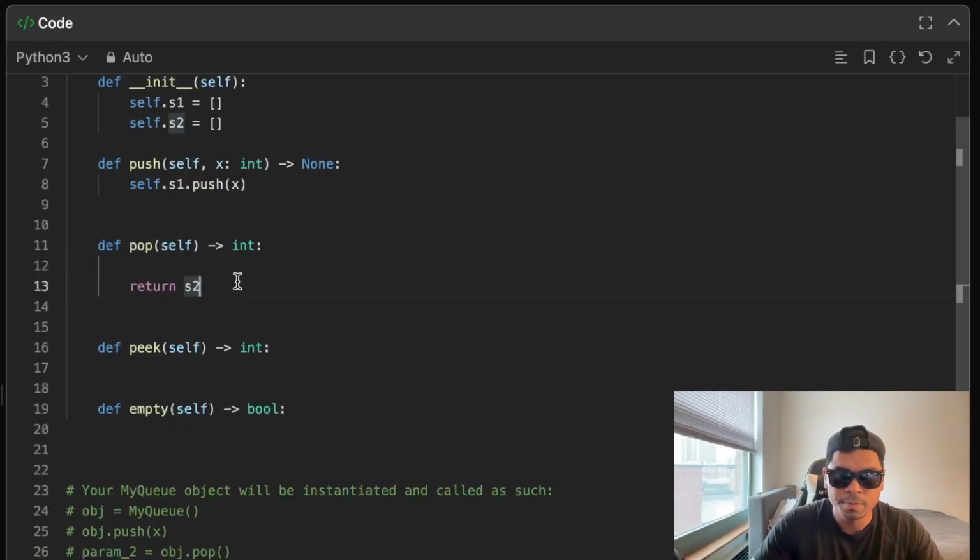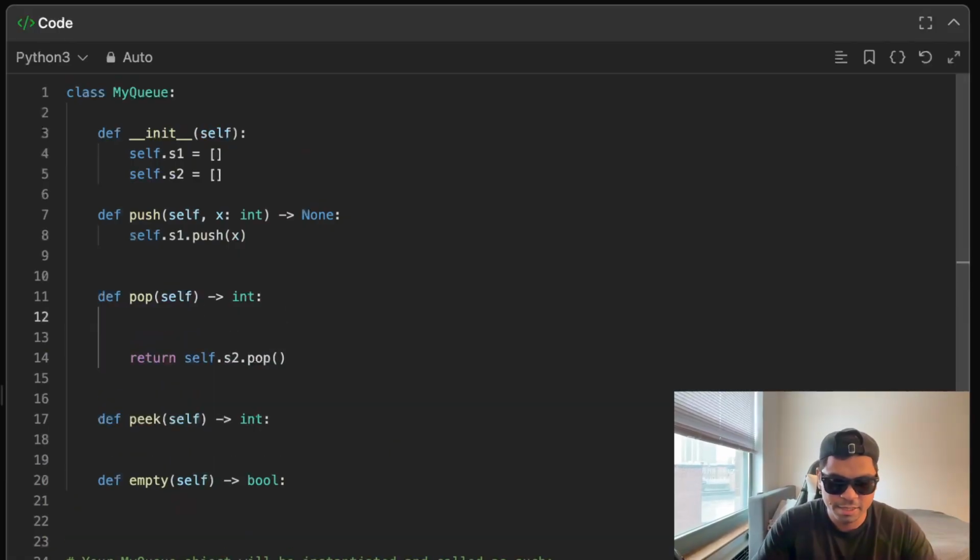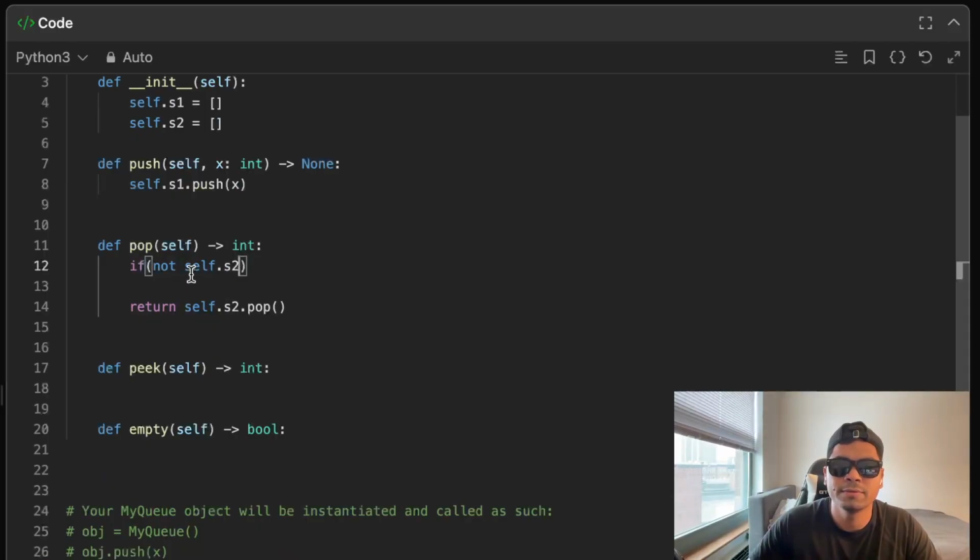So S2 dot pop, we could just do that, but never forget to append the self keyword. So if not self dot s2,